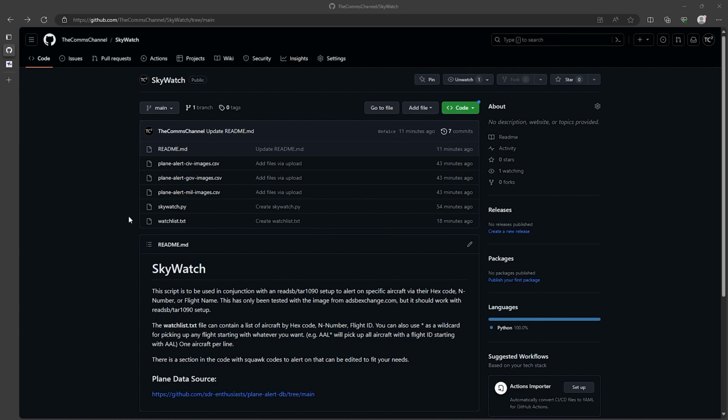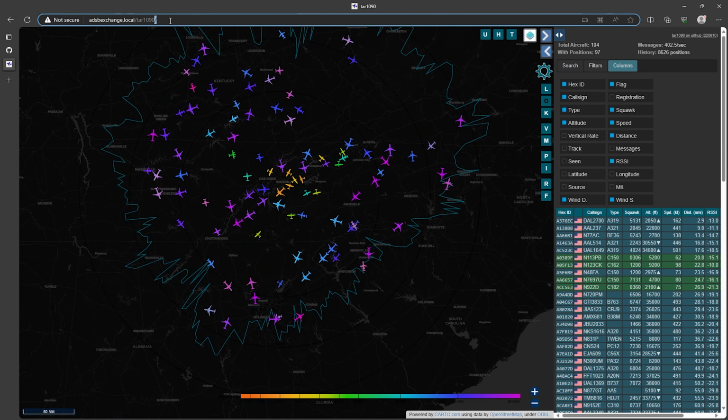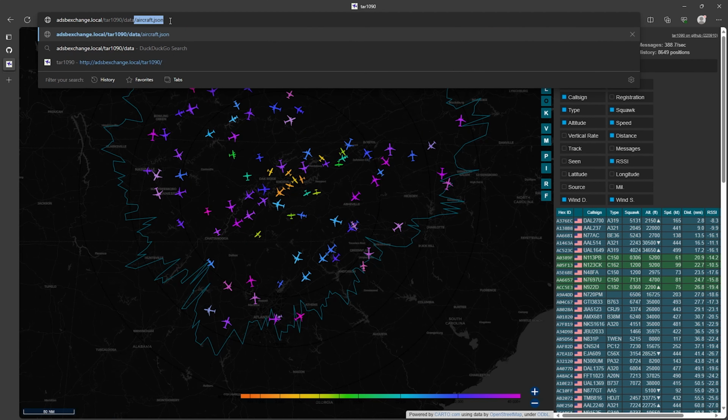So here we are at the SkyWatch Github page where I've uploaded SkyWatch and all the files necessary to use it. Now what SkyWatch does, it connects to the Raspberry Pi we just set up if you're following along with the videos we did earlier. And there's a page on there, which I will pull up now,